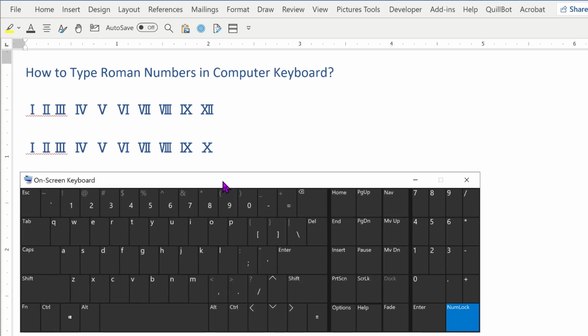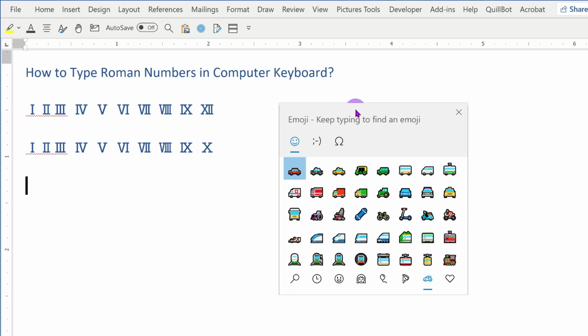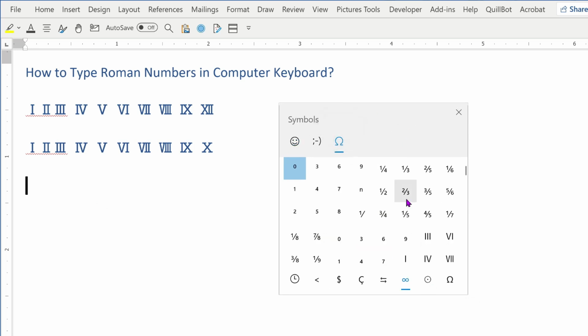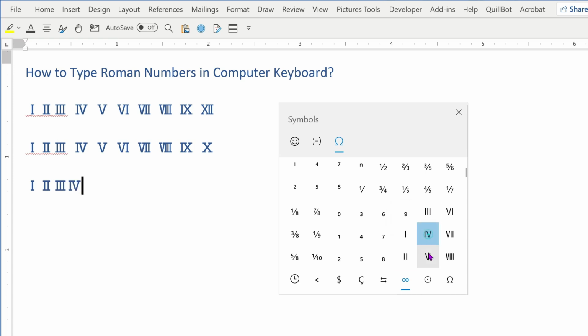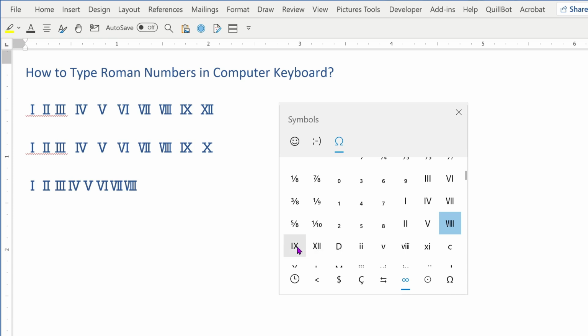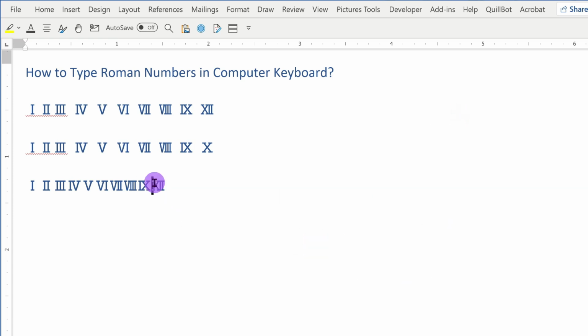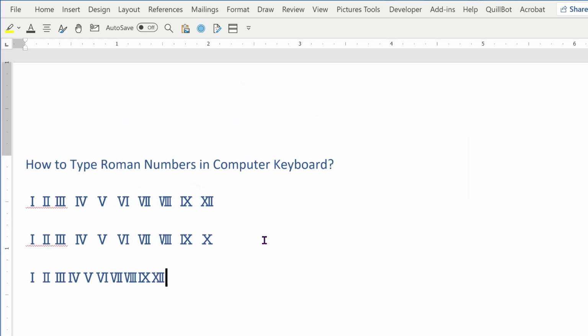Moreover, if you don't want to use these Roman codes, what you have to do is press the Windows key and semicolon key all together. Then the emoji panel will open up. You need to click on this omega symbol, and now here you need to find it. Scroll down until you find it, and here you can see that this is 1, this is 2, 3, 4, 5, 6, 7, 8, and 9, 10, and click close. So with these methods you can easily type Roman numbers in